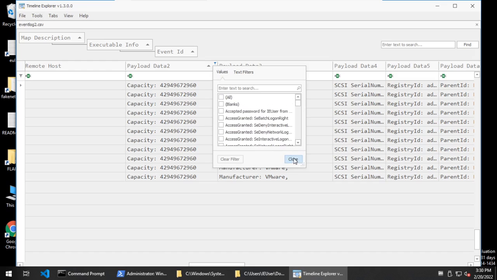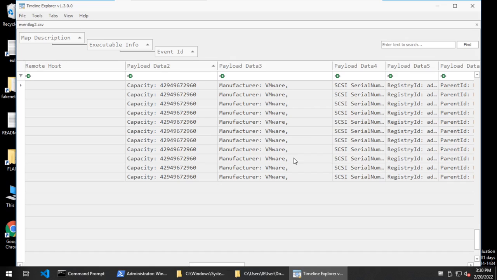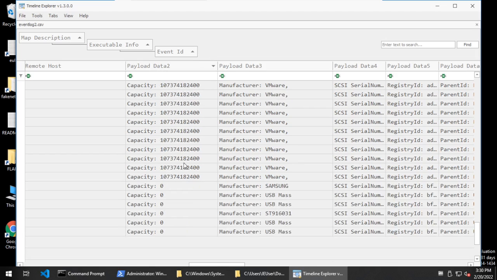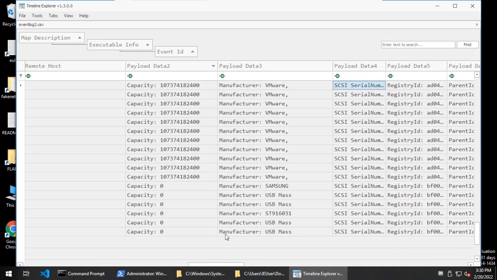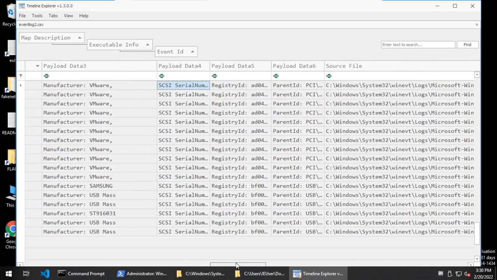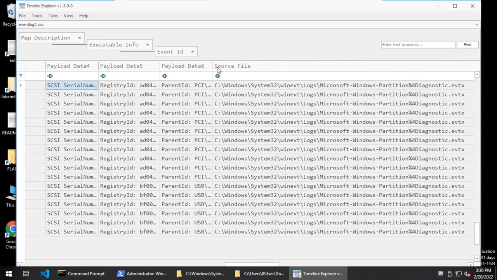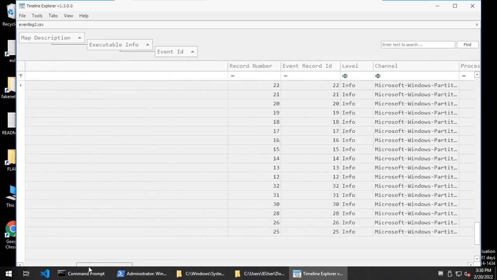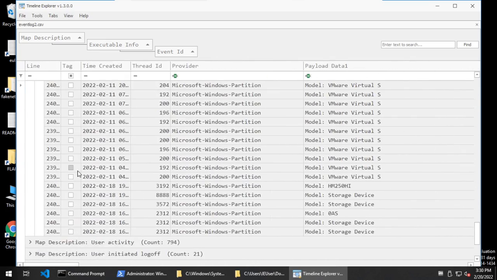But anyway, if you do an investigation, you can just come in here and see the information. There is a lot of information here that you can actually get. So that's how you would go about reading the event